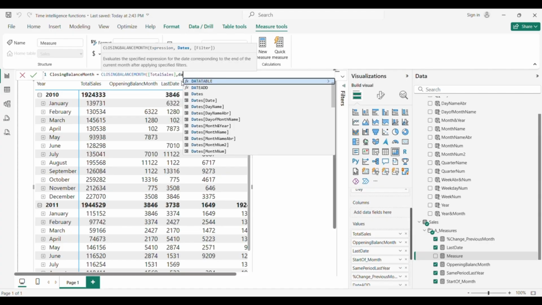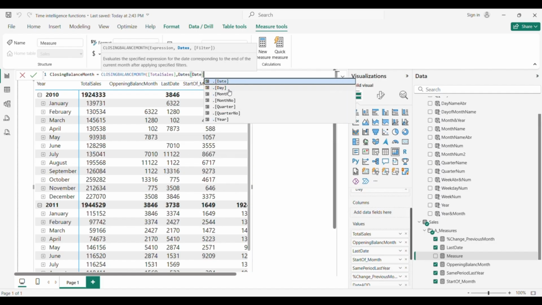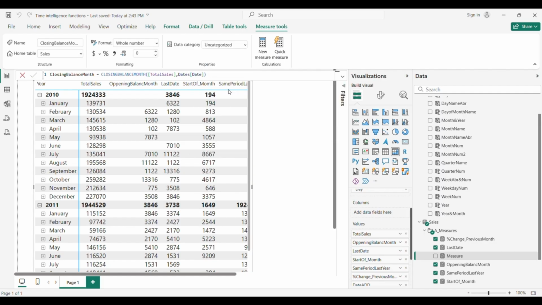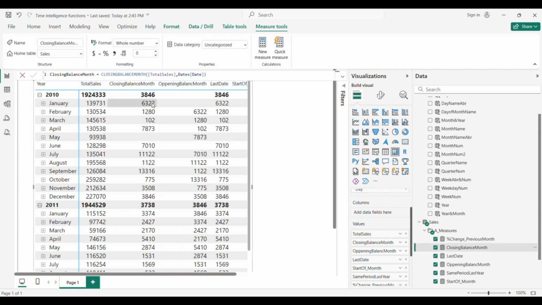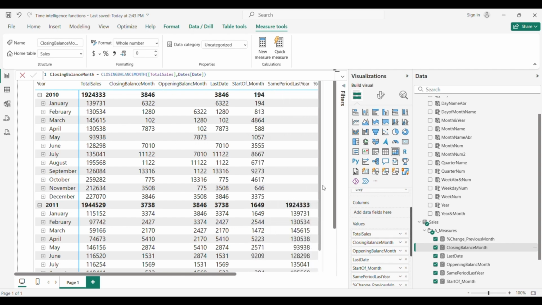And then just dates and date. Okay, it's just processing a little bit. We have the measure. Let's just expand this a little bit.